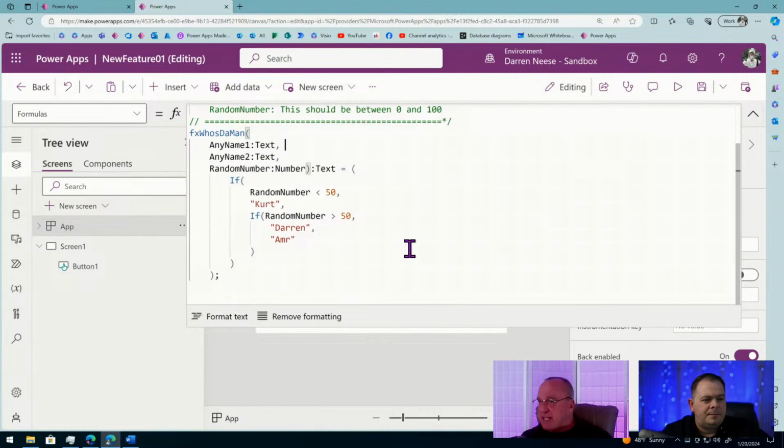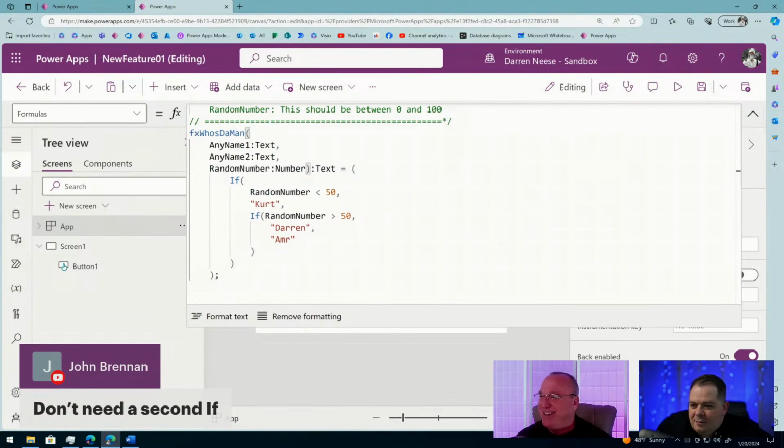But if it was a text thing, then we would have made sure that we didn't get 101 in there, or 200, because then we would have a logic error. The program would run, but it would be a logic error because Darren would win every time because he's going to get more values. And I don't like that. I will have a problem with that because Kurt wants to be better than Darren sometimes.